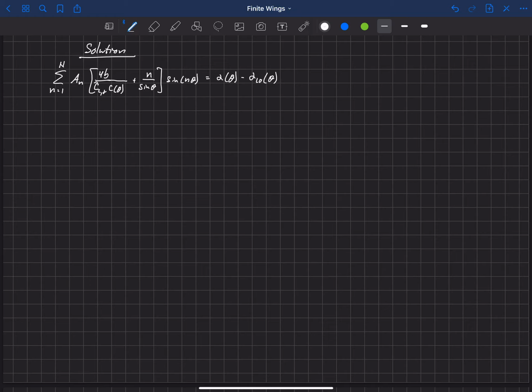We're now interested in figuring out how the aileron deflection and rolling rate affect our lifting line solution. So here I have the general equation for our lifting line algorithm. This is our method for solving for these capital A sub n Fourier coefficients in our infinite series solution, and they depend on the twist in the wing. Okay, alpha is our geometric twist, and alpha L0 is our aerodynamic twist.